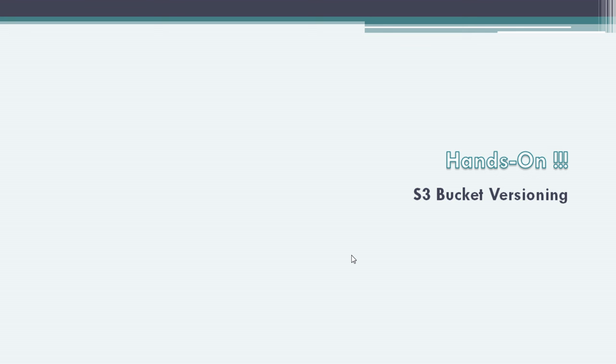And when you call a delete request, all your files are preserved, nothing is deleted, but one delete marker is added with a new version ID. And when you call that delete request again with that particular delete marker, that marker is removed.